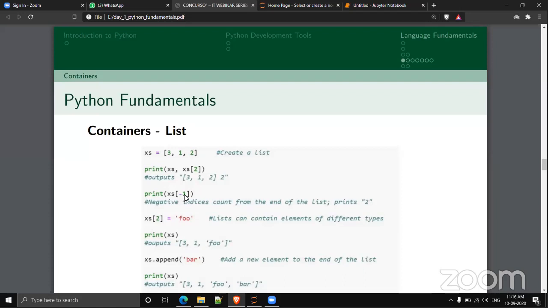If we specify the first element using 0, the negative index represents the last element. So XS of -1 will represent the last element, in this example 2. XS of -1 is 2, and XS of -2 will represent 1.